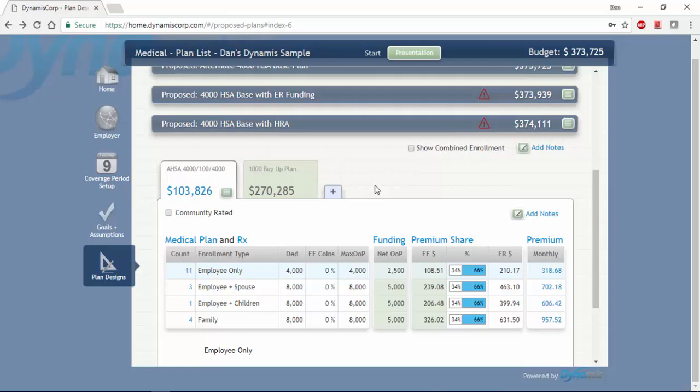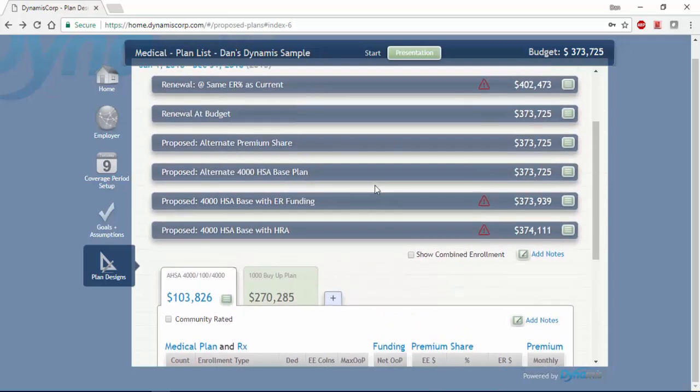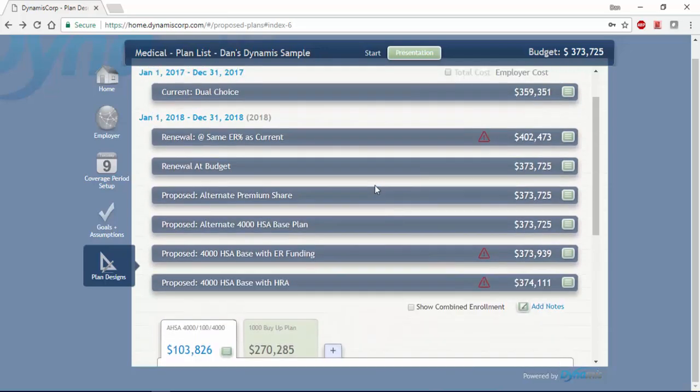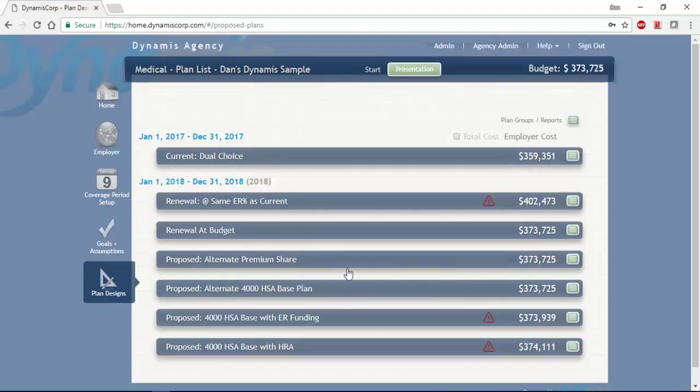So hopefully that really reinforces that idea of being able to create additional variations of plans that are already entered based on different contribution strategies, funding arrangements, or budget assumptions. So now that we have all our plan groups built out that we feel that we're going to need for the presentation, we can decide which of them we're going to actually use and which order we want to arrange